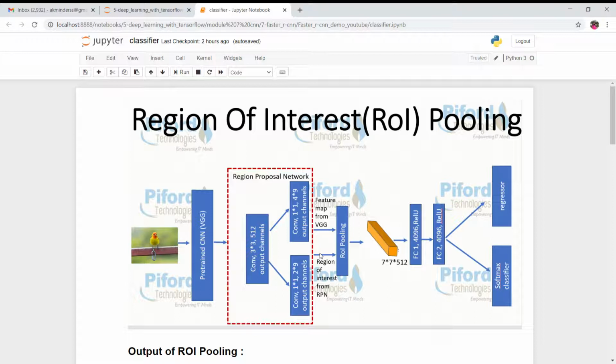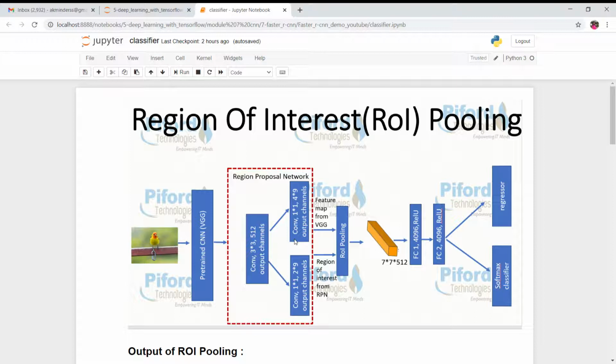As we know, Faster R-CNN is an object detection algorithm, and in an object detection algorithm the last layer of the network is a fully connected layer. For giving input to that fully connected layer, all the proposals which we get from the RPN should be of a fixed size.